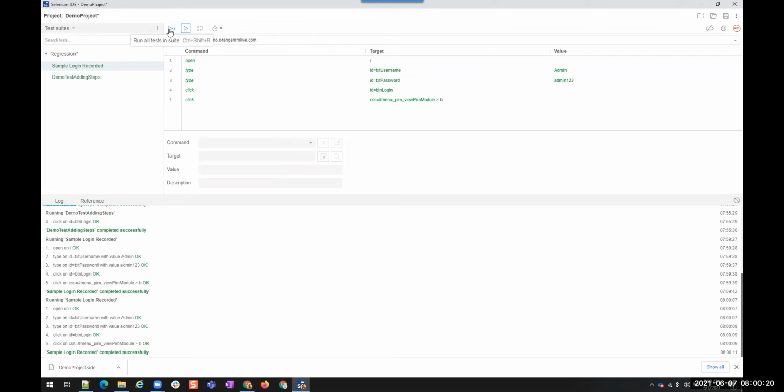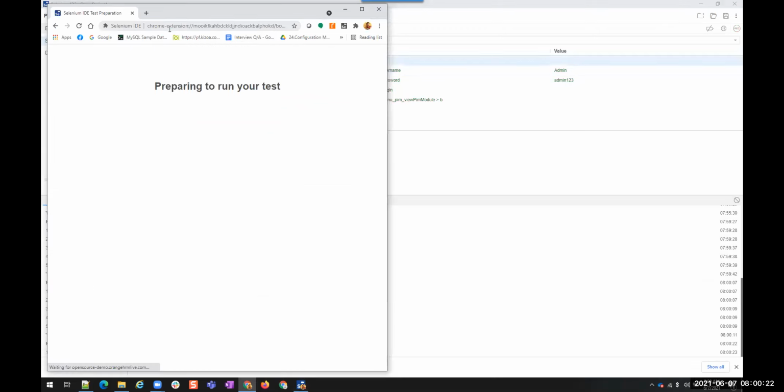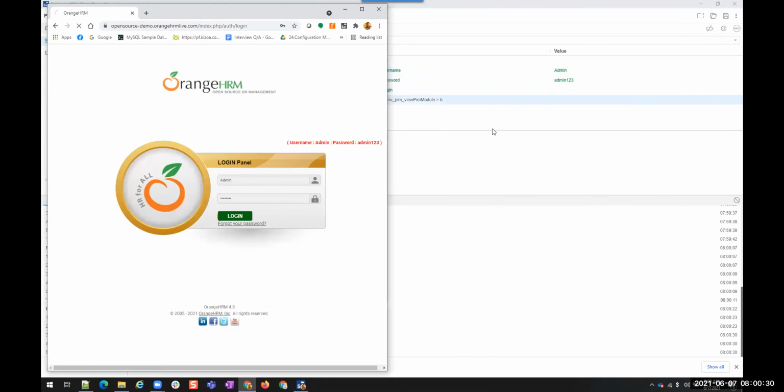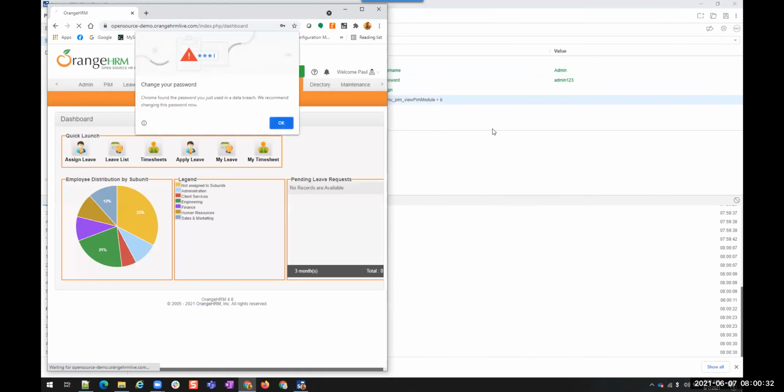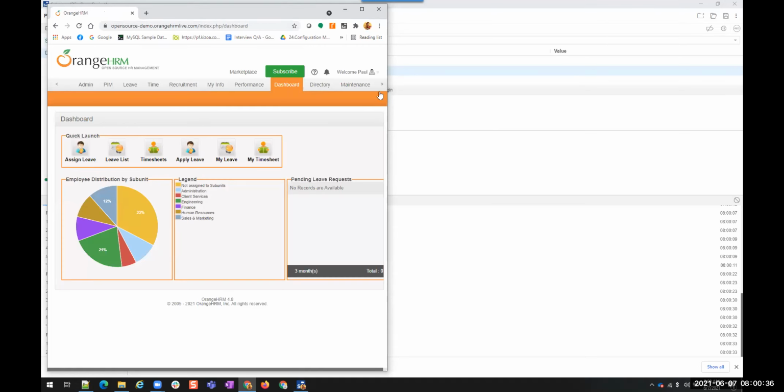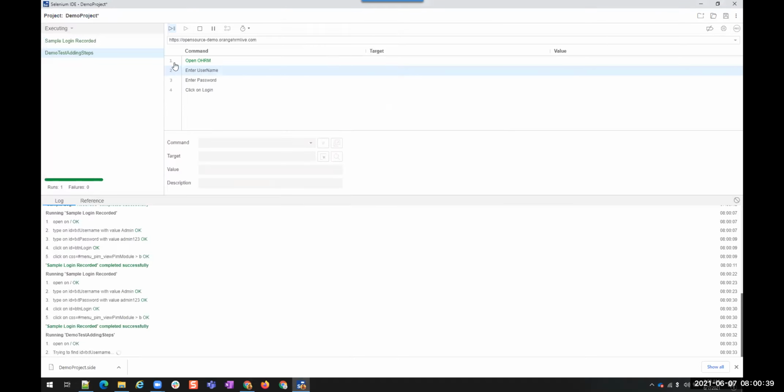If you want to run all tests in the suite, we have to run this. So this is one problem. Even if you are closing the browser, this is not getting logged out. Second time it is opening, but since it is already logged in, this will fail now. It will be unable to enter the username, so it will fail, because we are not on the login page. It will wait for 30 seconds and then it will fail.